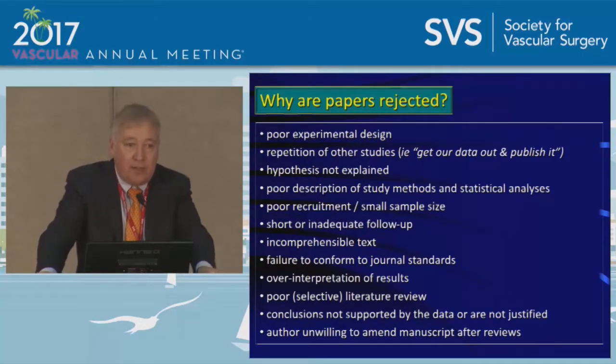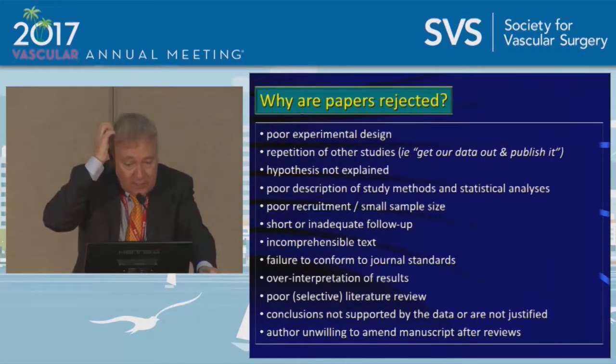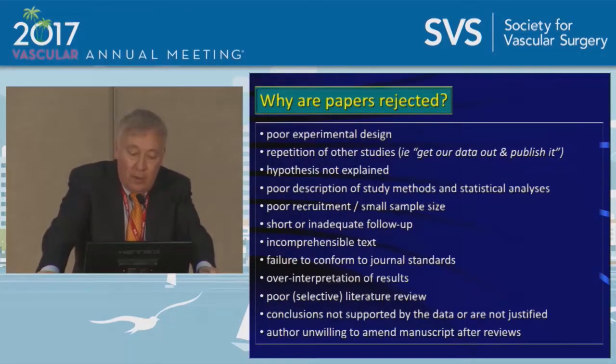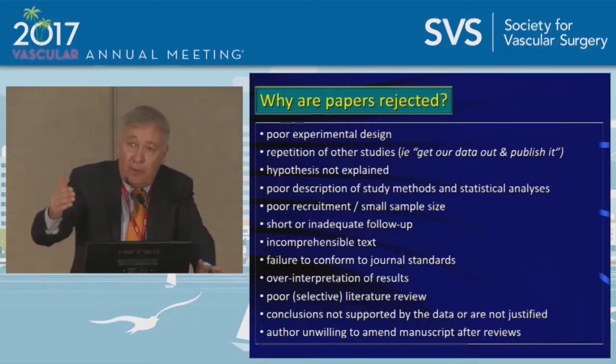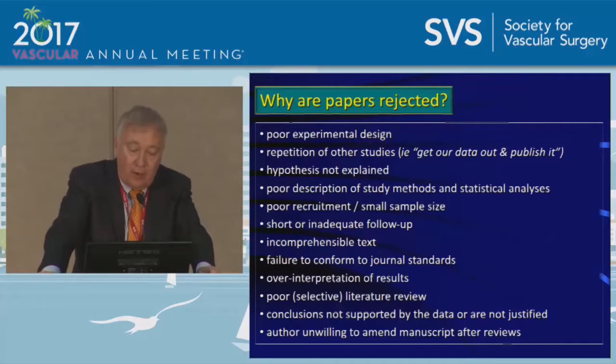Well, because the experimental design is poor, because it's a repetition of other studies with nothing new, because the hypothesis was not explained, because the description of the study methods and the statistical analysis were poor, because the sample size is too small, because the follow-up is short or inadequate. If we look at endoleak and you have only, for example, 2 weeks or 1 month follow-up, we know that it's not the same as 5-year follow-up, because the text is not comprehensible,